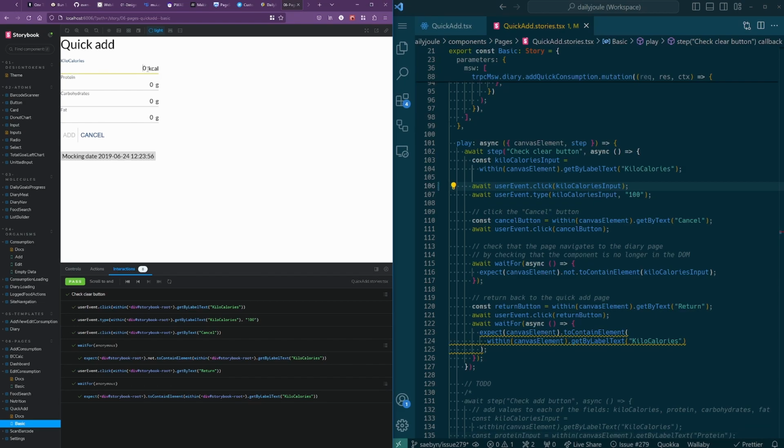Except somehow it... Click the cancel button. Navigate. So that's interesting, right? If you click that and you type in 100, it does that. But when the interaction test does it,